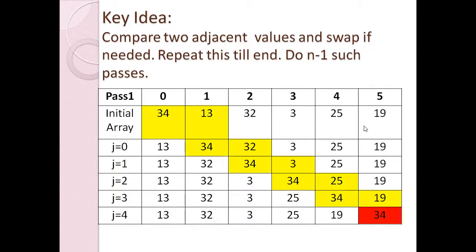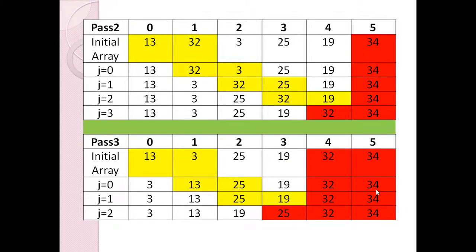However, you have also seen that in pass 1, we compare 4 and 5, but in pass 2, 4 and 5 comparison is not required. 3 and 4 comparison is enough. Next pass, second and third comparison is enough. So in that manner, one comparison is lesser in each pass than its previous pass.